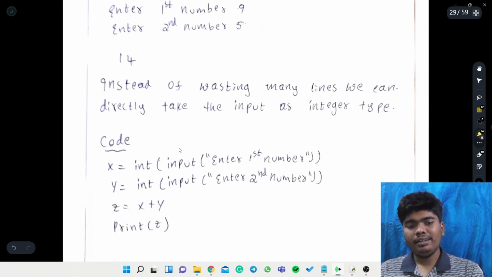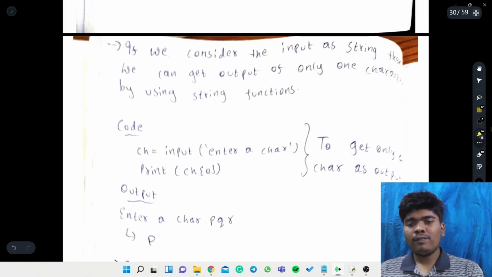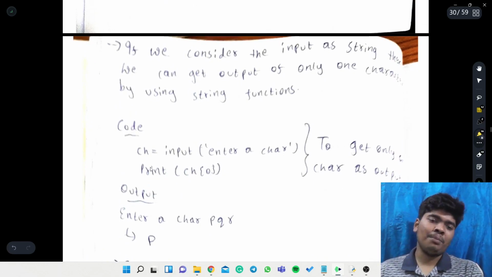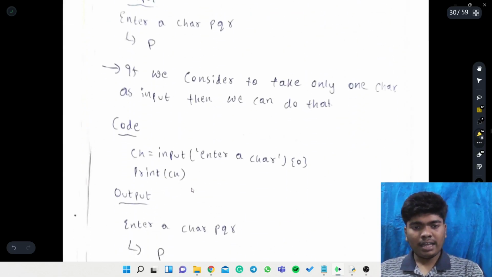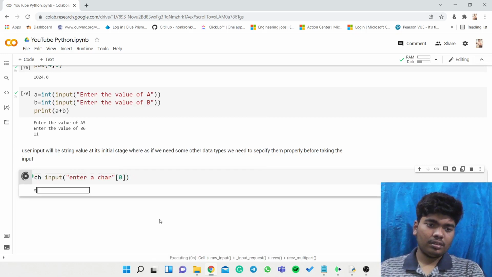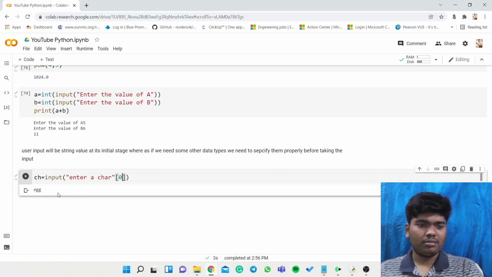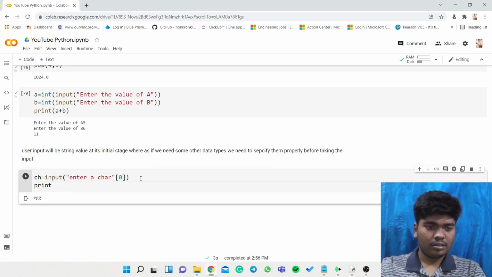I just explained it, and now we can take a character as well. If we need to get only one character as an input, we can take it like this: ch is equal to input, enter a character. Then print ch.